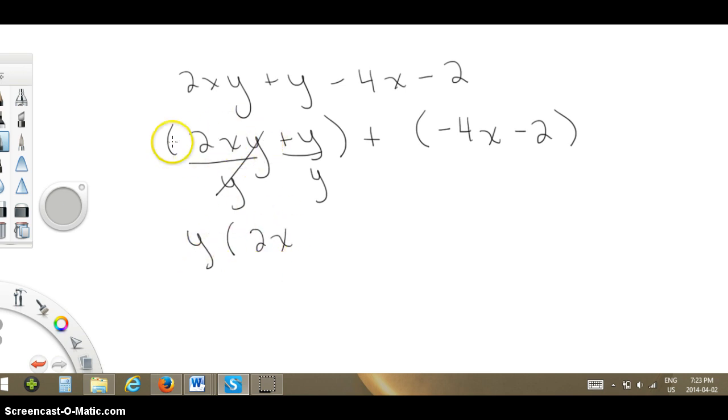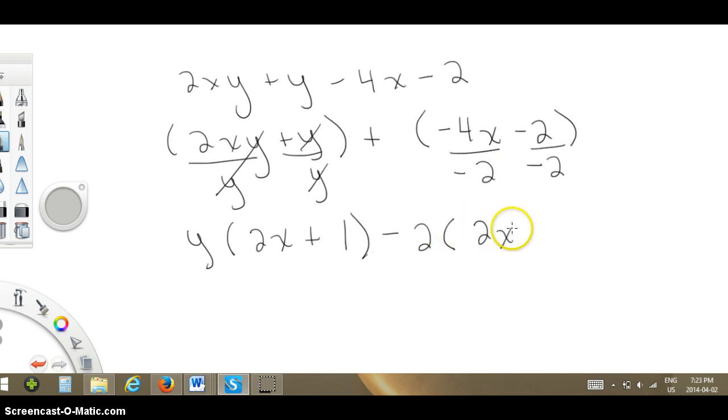Y times 2x will give us 2xy. Y divided by y is 1. It's not nothing here. Make sure you put a 1. The second brackets, you would have a common factor of negative 2. So when we take out a negative 2, we have positive 2x, and negative 2 divided by negative 2 is